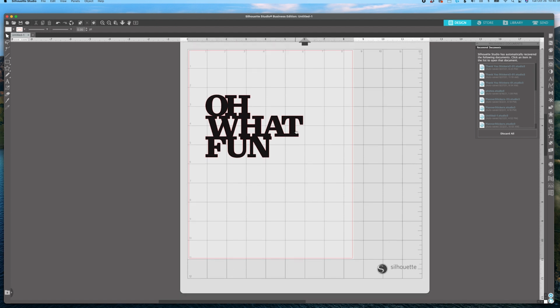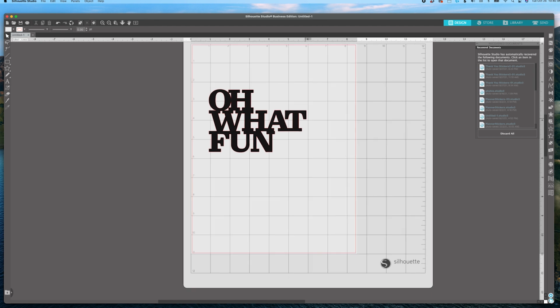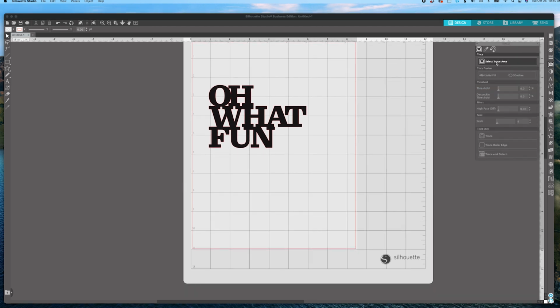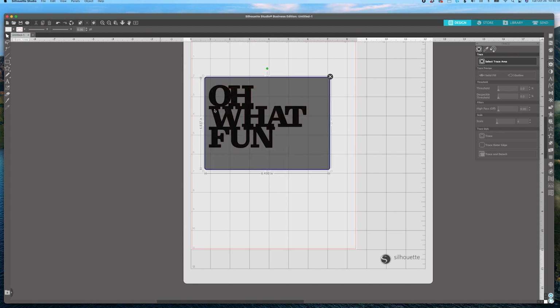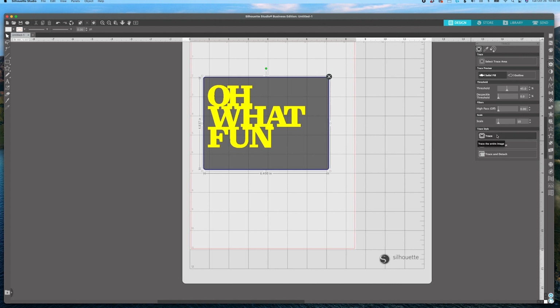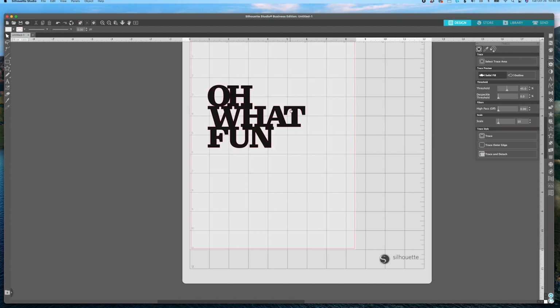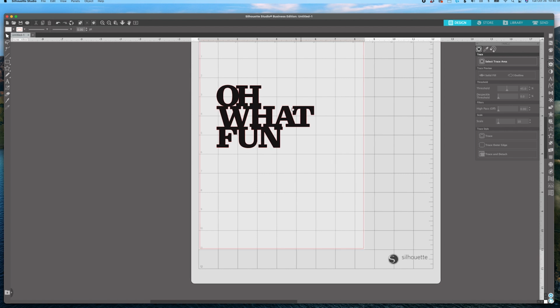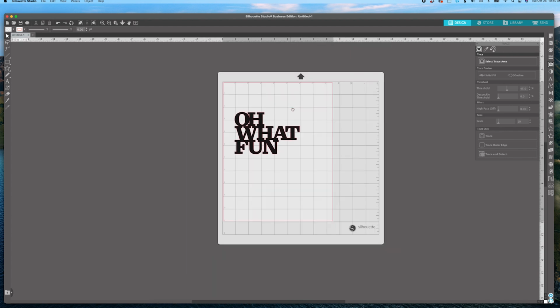But if yours is not traced, if you don't see the red outline, you just come over here to the trace panel, click on select trace area, and then you're just going to want to come up and highlight everything and then click on trace. Now I'm not going to do that because I already have my trace line and I definitely don't want to do two. All right, so now that I've got my file ready to go,